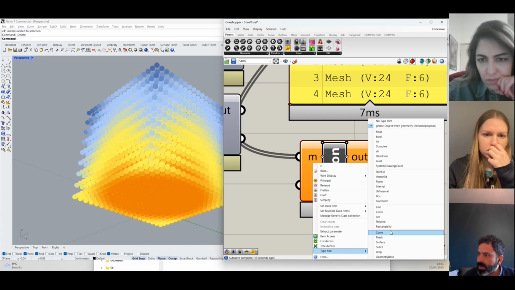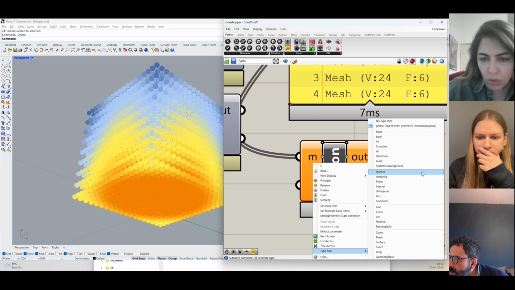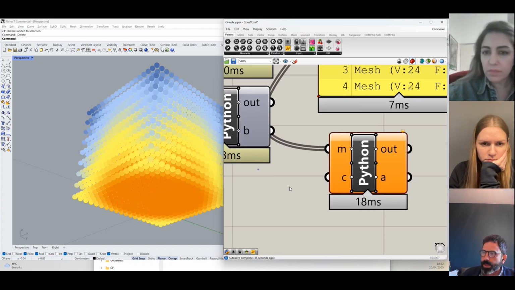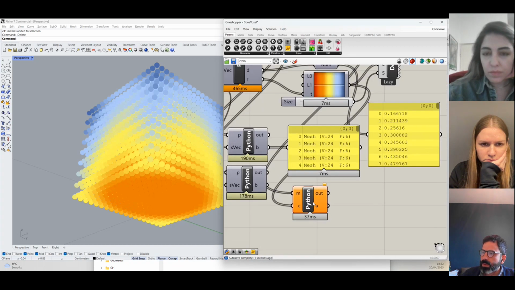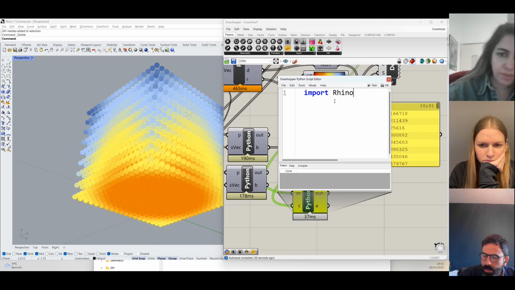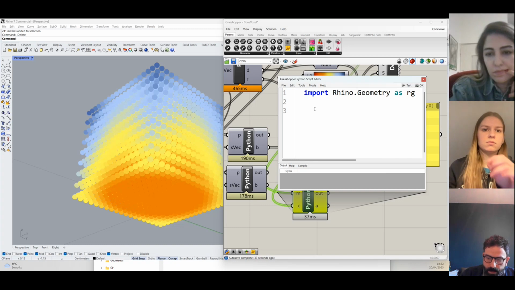Mesh. And color. You see color? Do you see anything like color? No. System.drawing.color. Yes. Okay, so this is it. Okay, so import Rhino geometry as RG. M dot